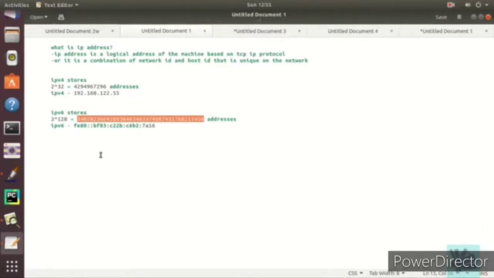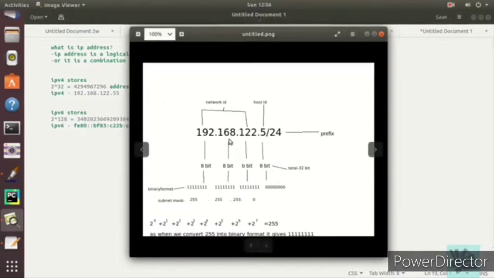So IPv6 is in the hexadecimal format. Here it's written, and 2 raised to the power 128 is the number of addresses IPv6 can store. Now we talk about the structure of IP. Here you see there's an IP of 8-bit. There's an IPv4,